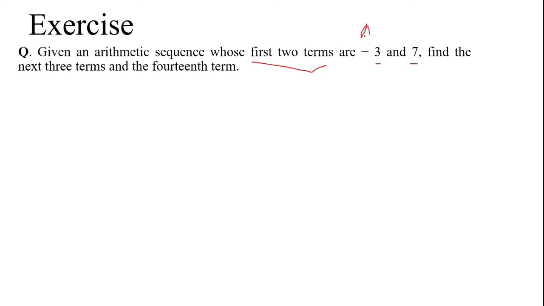So A1 is here and A2 is here. The question says find the next three terms. A1 and A2 are already given, so the next three terms means A3,